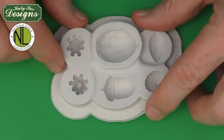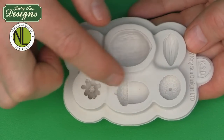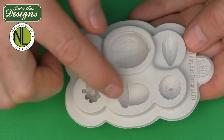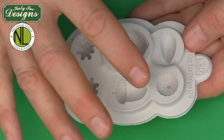Moving on to the third part of the mold, we're now going to move on to the acorns. There are two parts to the acorn. First, I'm going to show you the full acorn. This has obviously the cap and also the top of the acorn as part of the mold. Once I've completed that, I will show you how to make the acorn cap, which is going to be applied